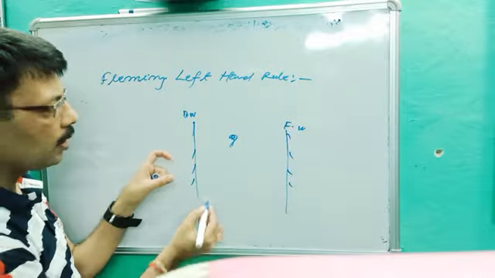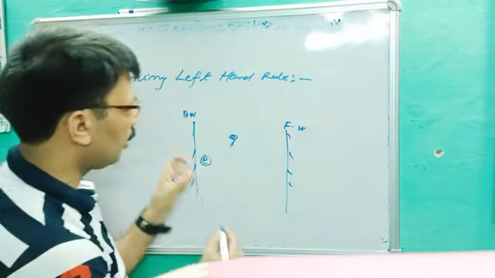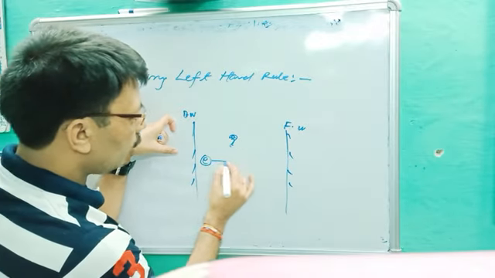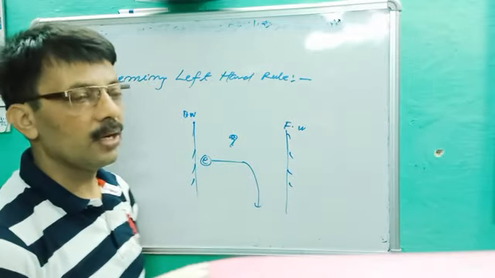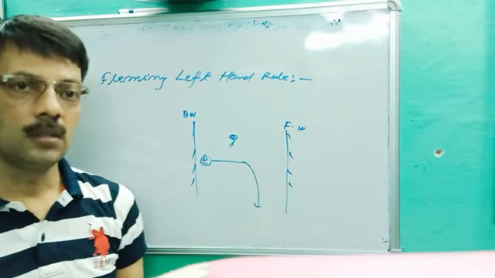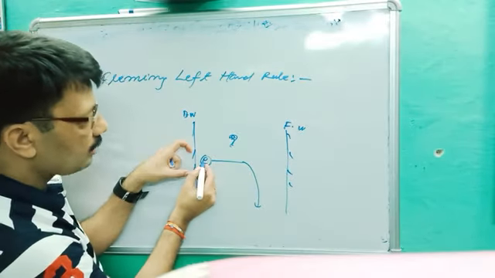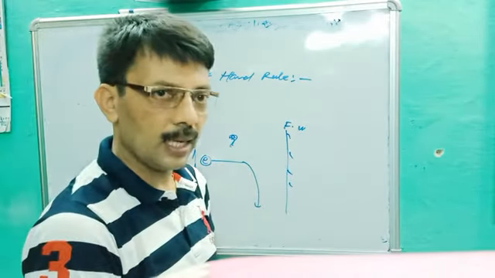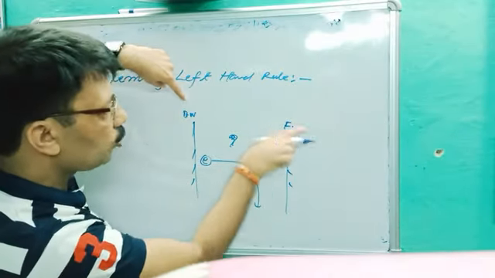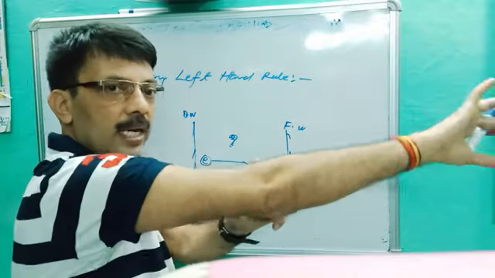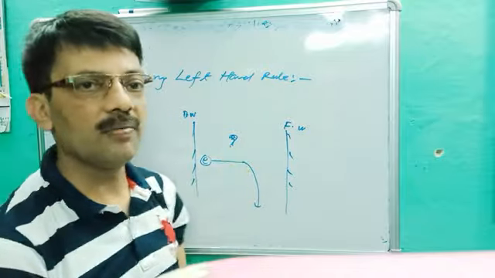You are sitting in the chamber, and a beam of electrons enters from the back wall to the front wall and gets deflected towards the right side. Very, very important question. How do we apply the Fleming left hand rule to find the direction of the magnetic field? Once again, a beam of electrons, I am just sitting like this, enters from the back wall to the front wall, and gets deflected towards my right side. I asked, find the direction of the magnetic field.